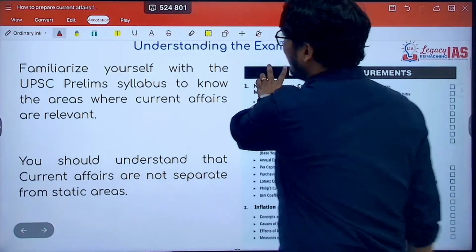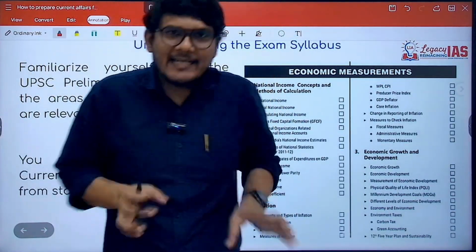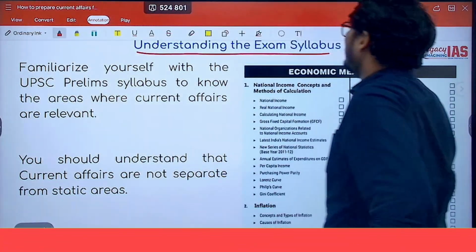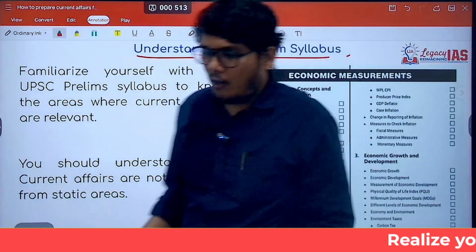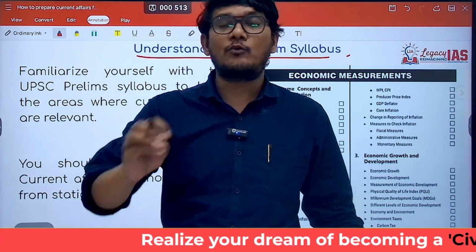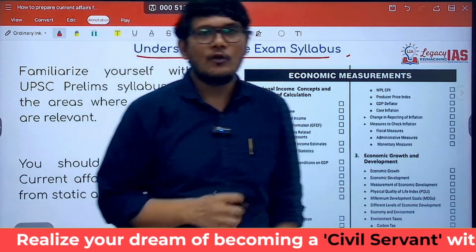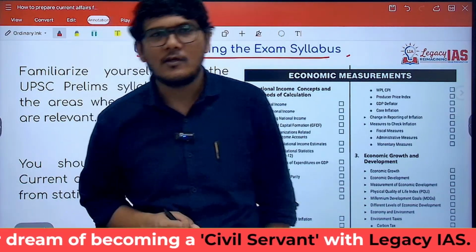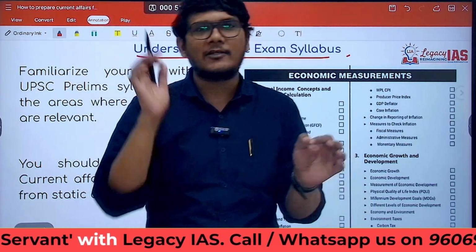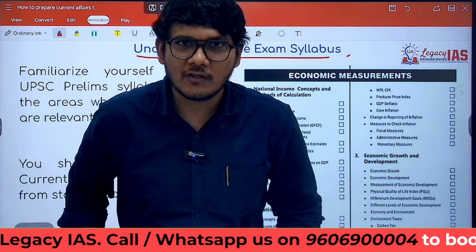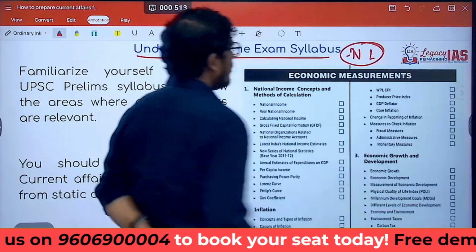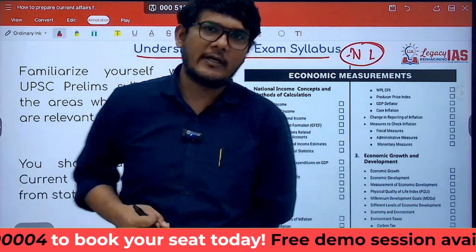So the very first thing to understand about any subject, specifically for Indian economy, is the syllabus. What is the exam syllabus? Now we all know that UPSC does not help us much in the syllabus with respect to the manner in which they have written it. For example, your prelims syllabus for current affairs mentions current affairs or news of national and international importance. That's all it mentions. So if you are saying news of national and international importance, how do I identify which news we are talking about?